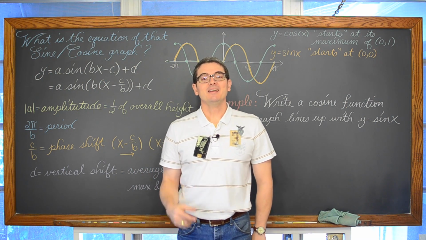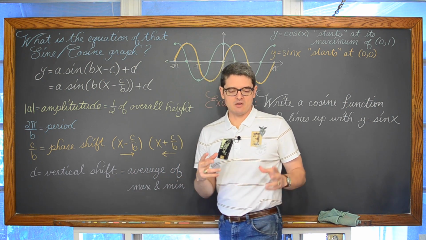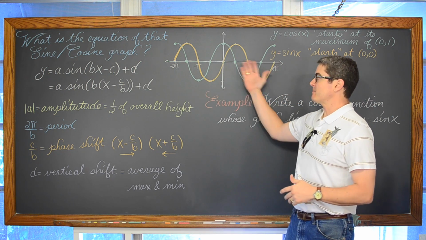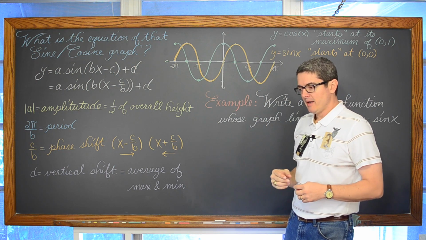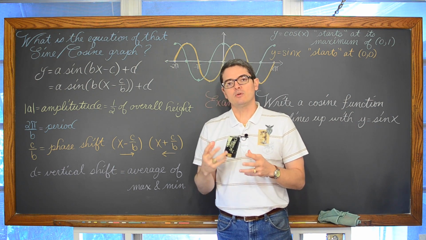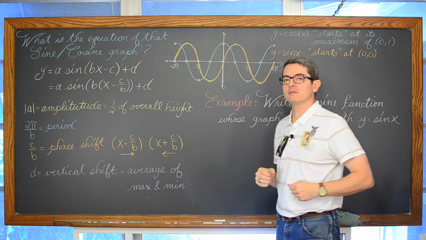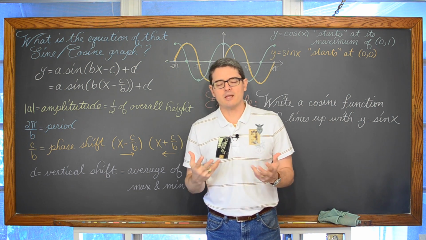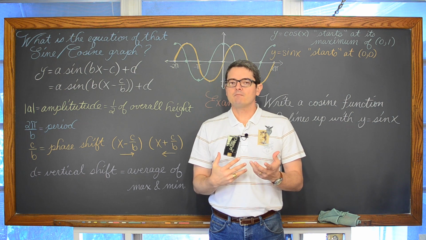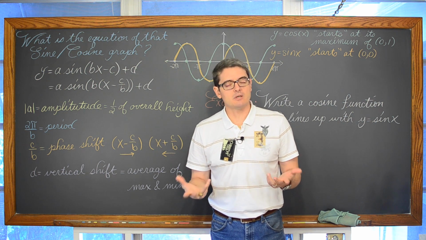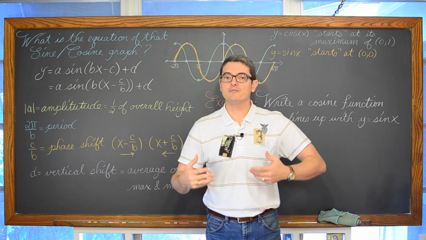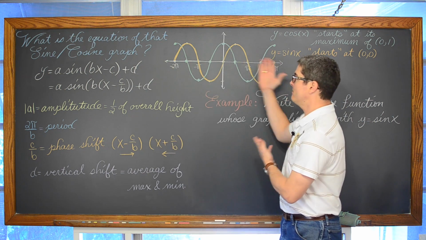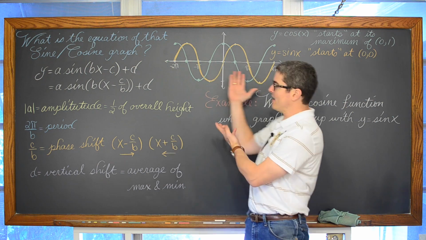Mr. Tarrou, in this trig lesson, we are going to be going through a couple of examples where we look at the picture of what looks like maybe a sine or cosine wave and come up with an equation that would represent that graph. Now, these are cyclical functions, and what that means is that you can come up with an infinite number of answers, an infinite number of equations that would graph out to match the given graph.